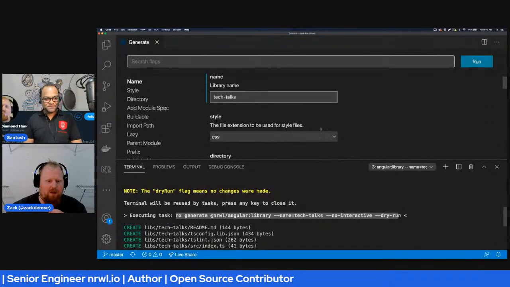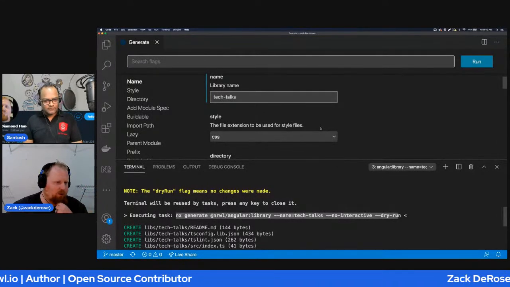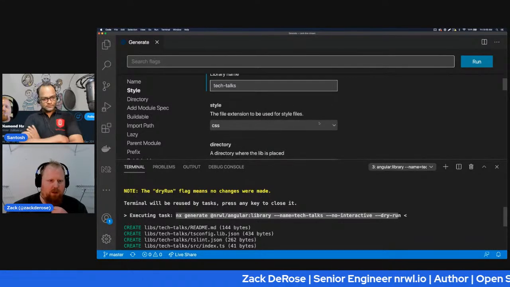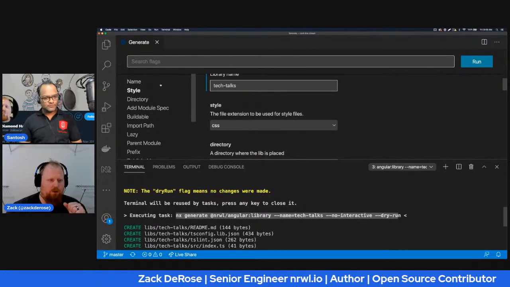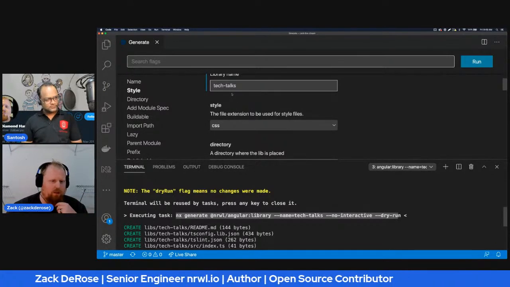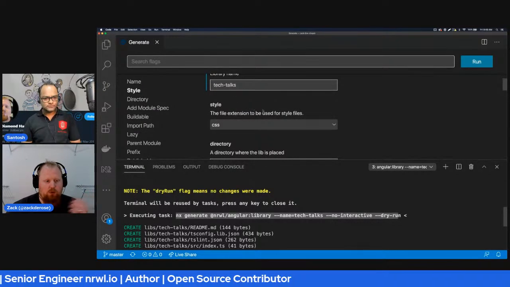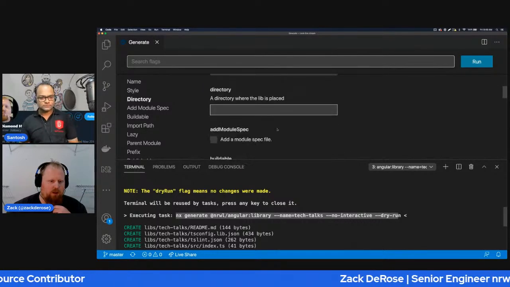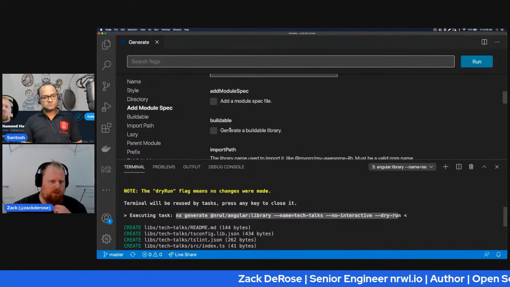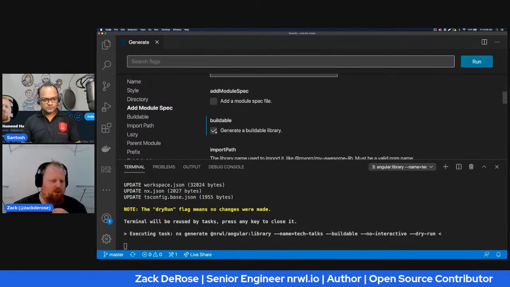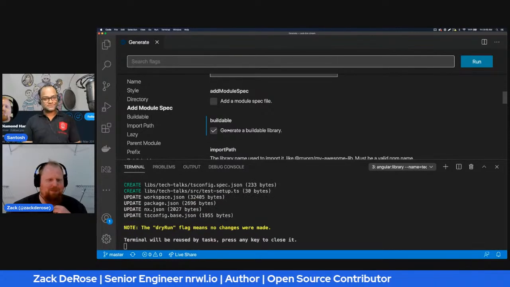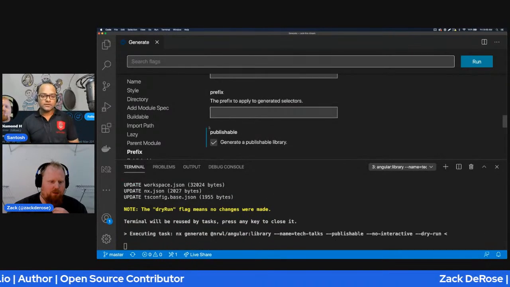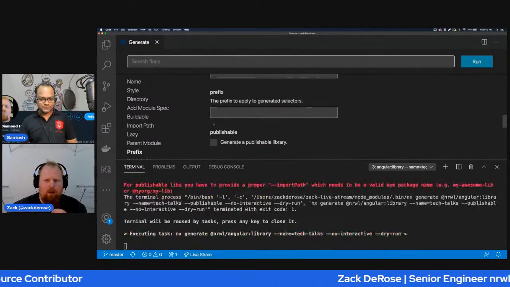But yeah, the NX Console I think is also a really awesome tool. This is another thing Nrwl creates in terms of discoverability of generators. Like we saw with the dropdown, you can see all the different generators that are available to you. And also, once you choose a generator, you can see all the different options that you could potentially apply to this. So we talked about buildable and publishable. We just made it buildable. It's as simple as that. And if we were to scroll down and find something to make it publishable, there's an option for that.